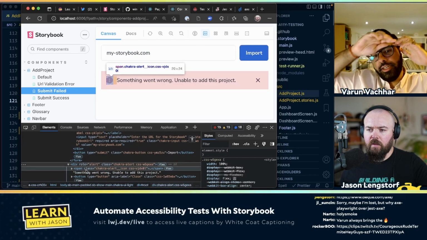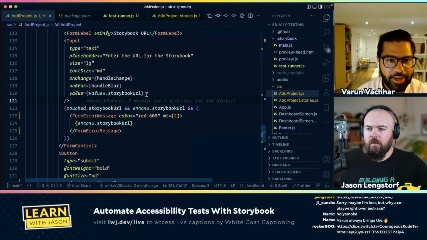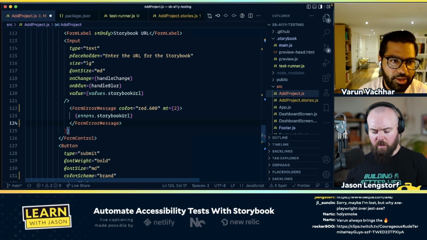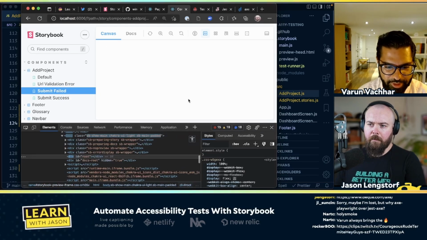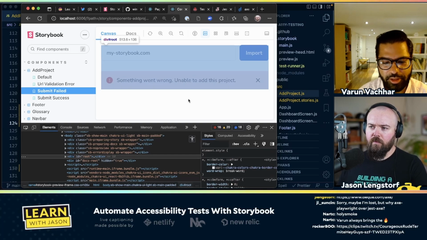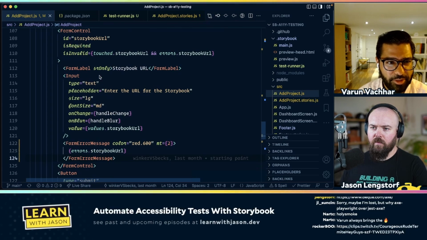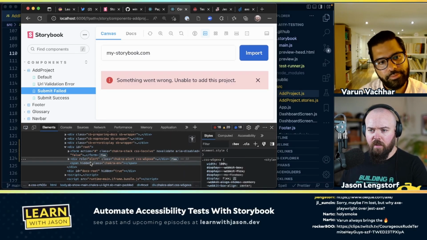Oh, I think I know why. Right now it's conditional. You don't need to do the conditional rendering anymore, so you can just get rid of the check there altogether. You don't need that anymore, and it should work without that. Also, on the form control, we need to add an isInvalid state. Yeah, that's already there, so that's great. Cool. Okay, so then if we look at this again,